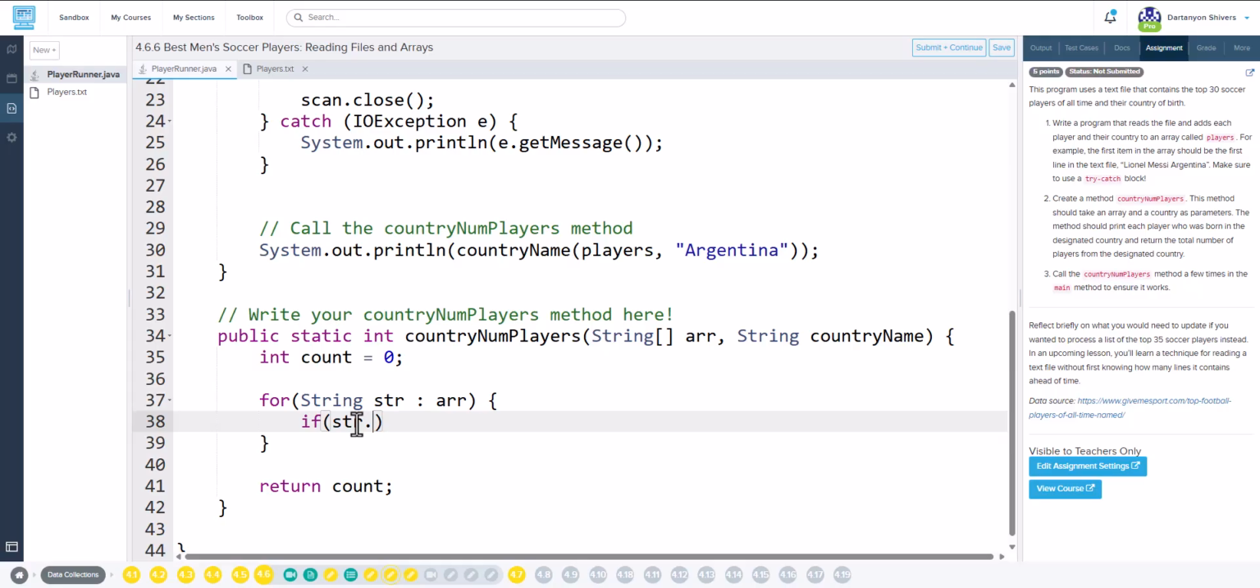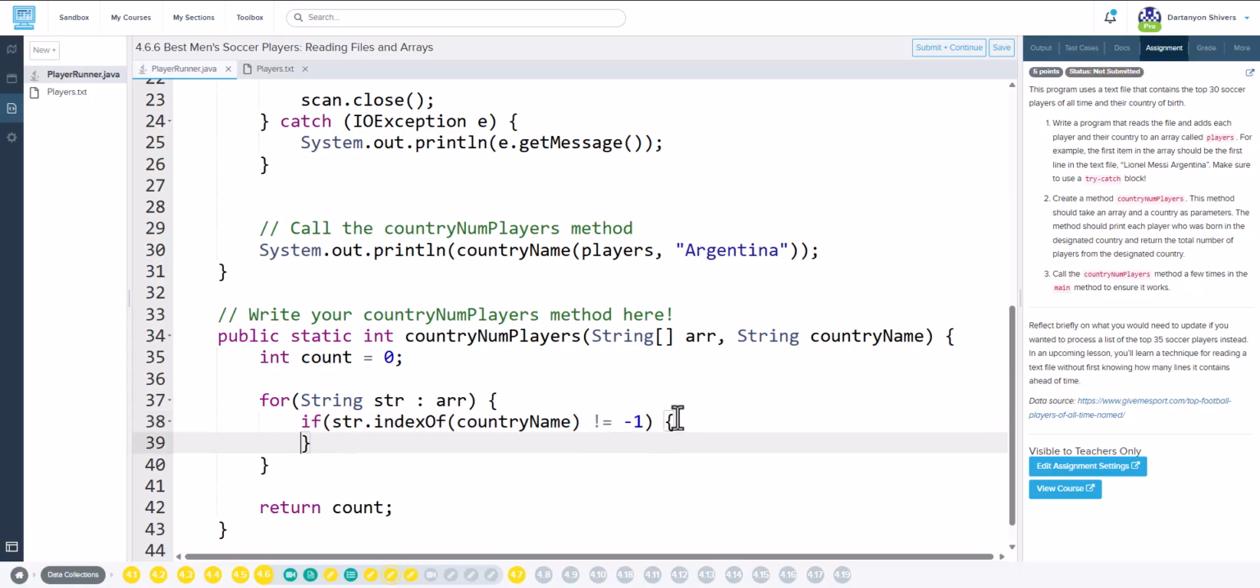So if str.indexOf country name is not -1, or greater than or equal to 0, you could say either one of those things. I'm just going to say, if this does not equal -1, then